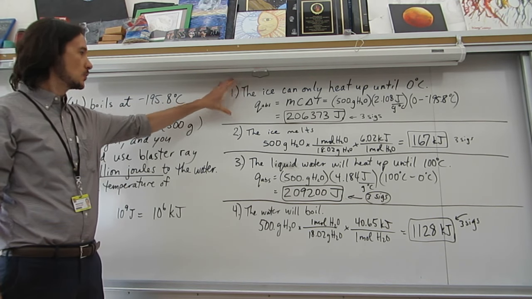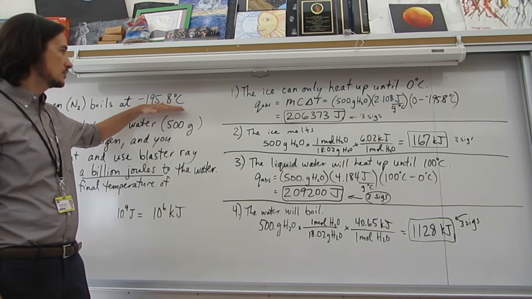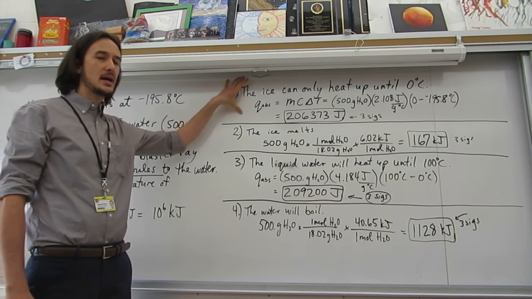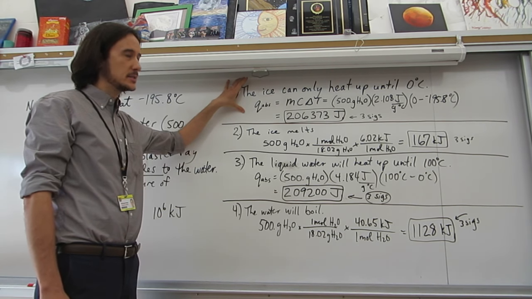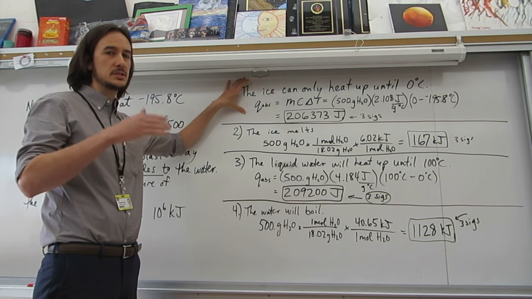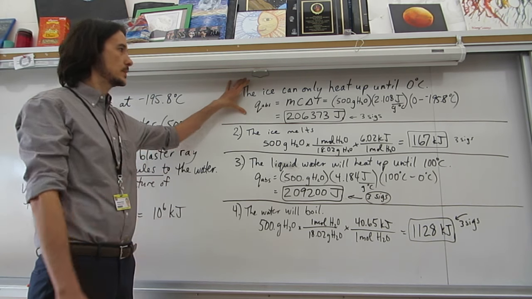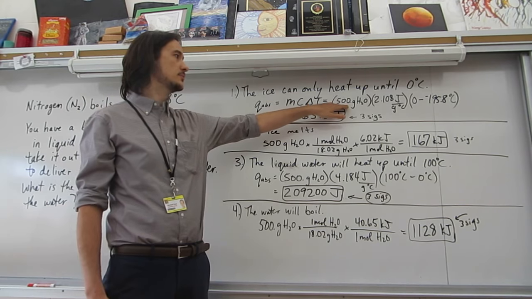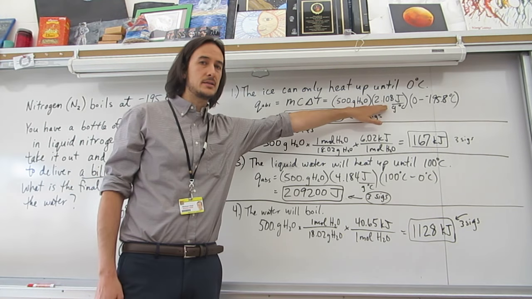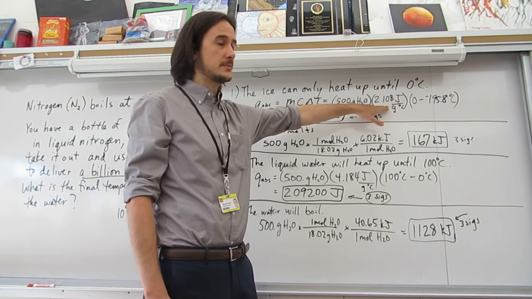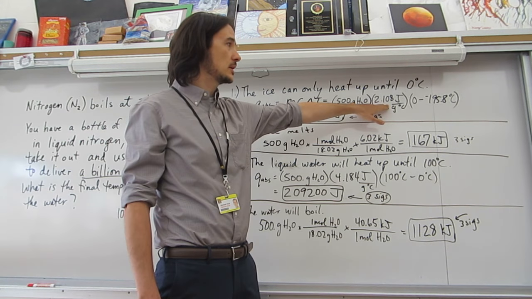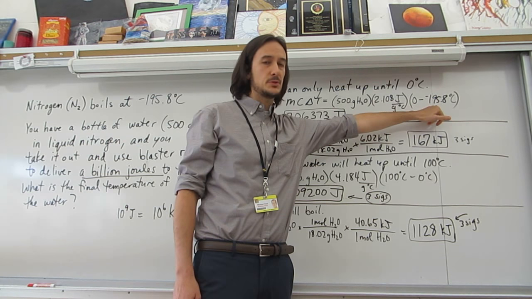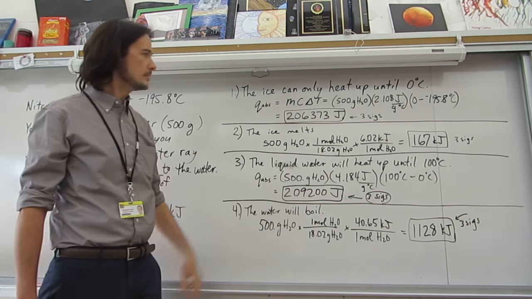The water itself is going to start out at this negative 195.8. That'll be the temperature we use. So we take it out. The ice is going to heat up, but the ice can only heat up until it reaches its melting point. Okay, so Q absorbed is going to equal MCΔT. We've got the mass, 500. The specific heat of ice, make sure you're using a different specific heat than for liquid water. And the temperature change: final temperature 0, initial temperature is negative 195.8. And we get